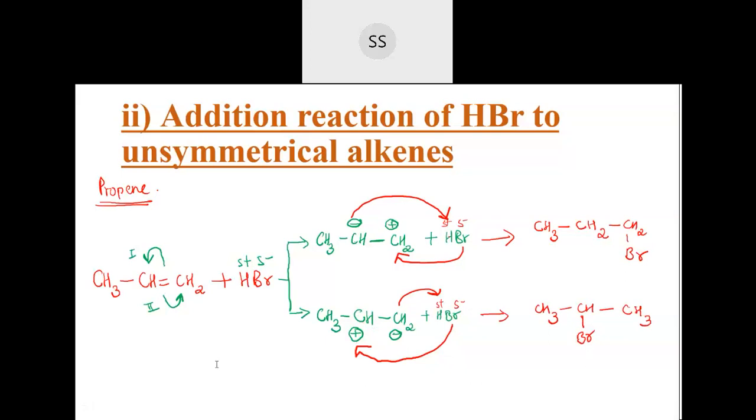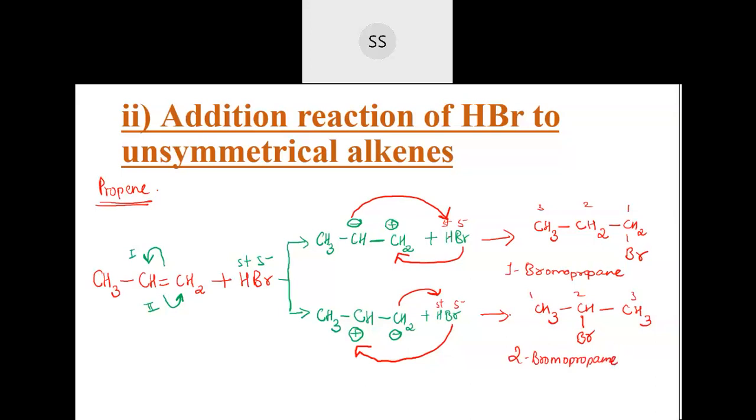Rivan has already told. Yes, very good. So here, the compound is 1, 2, 3. First position is bromine, so it's 1-bromo. So one compound is 1-bromopropane. And the second compound is what? If I number them 1, 2, 3, at the second position I have bromine, so it is 2-bromo. The second one is 2-bromopropane. So two products are formed now.